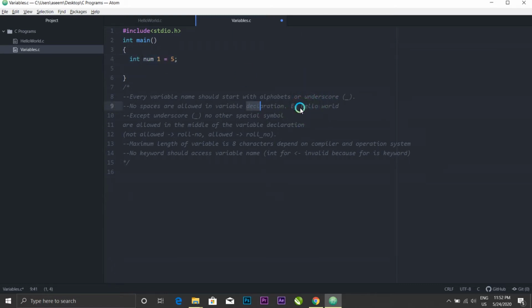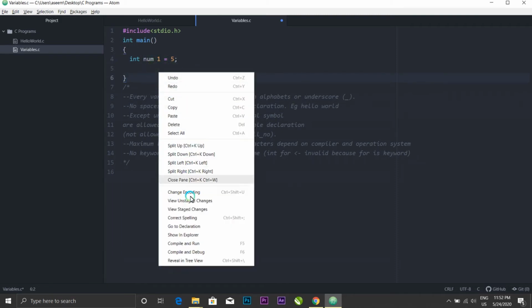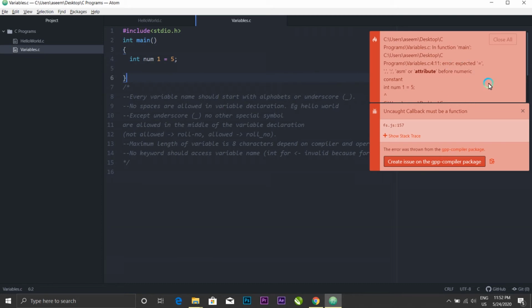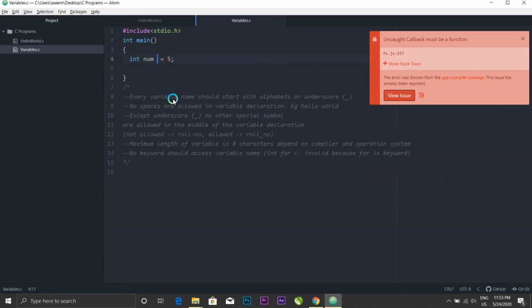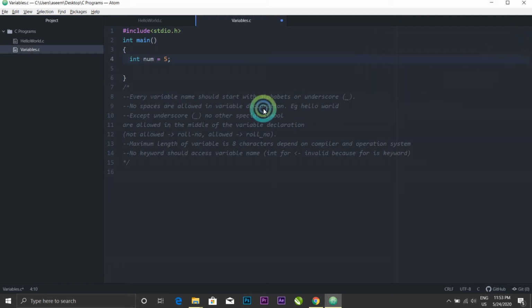If you're giving a variable name like hello world, you have to remove the space and make a variable name without any spaces. If you do it like this, let's see what error comes. It gives you an error because this is not allowed in C programming language or most languages. So I'll just remove this.